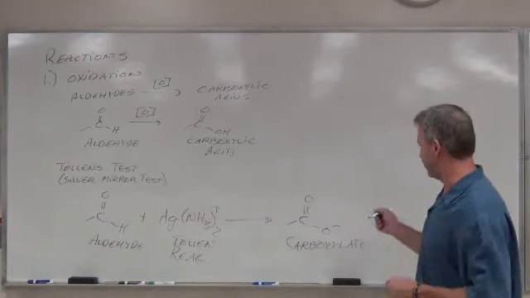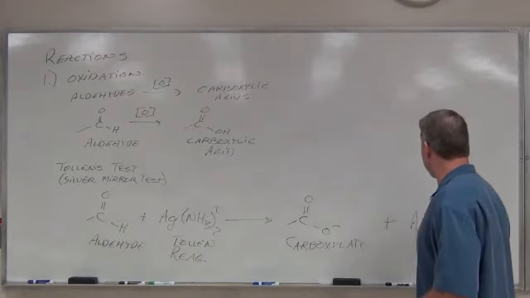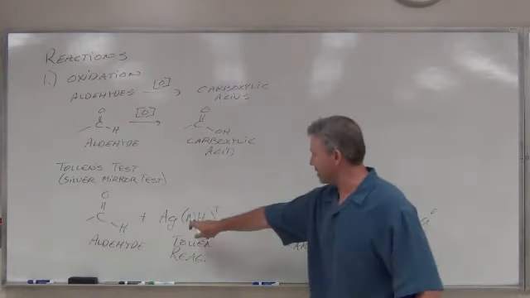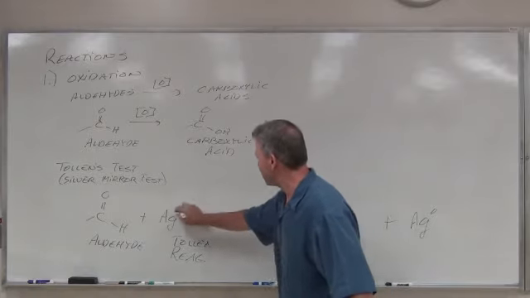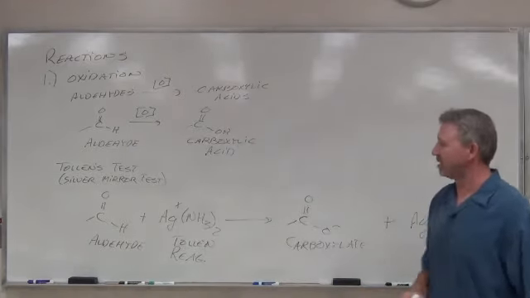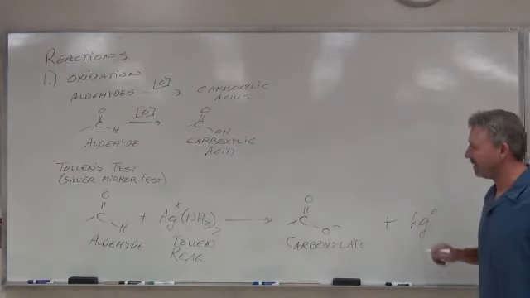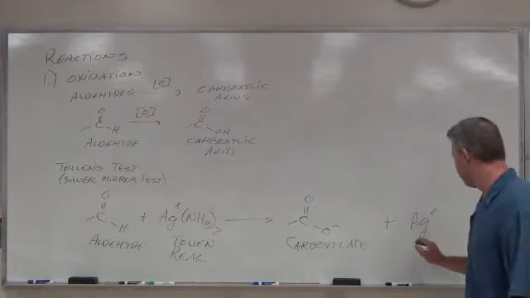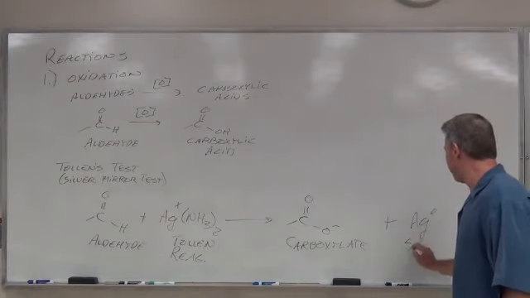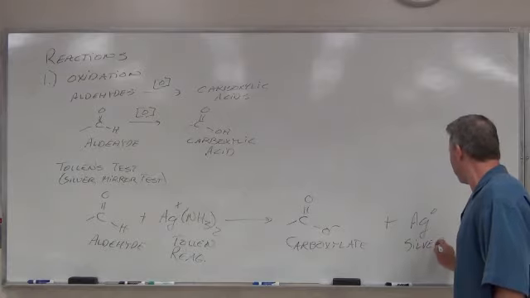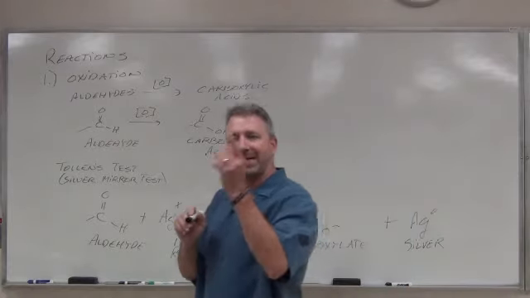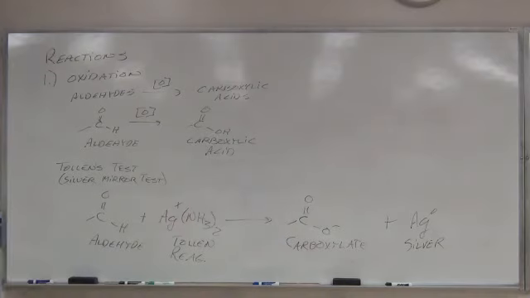If something oxidizes, something must reduce, and it's actually the silver plus ion. I could actually stick this over there. It's the silver plus ion that reduces to silver 0, and this plates out on the inside of the test tube, and you generate a mirror finish around the solution. So when you're looking at the bottom of your test tube, you're looking through glass, it's clear, and all of a sudden it's a mirror, and you can see yourself.